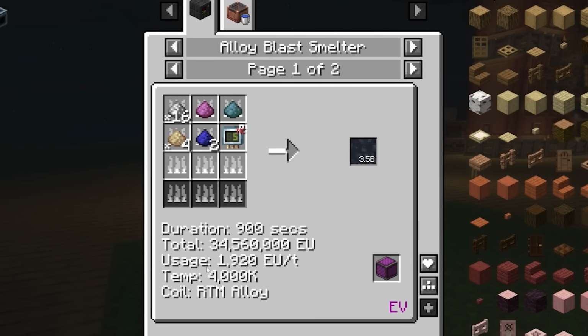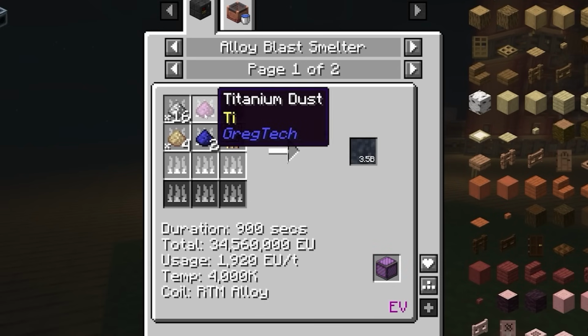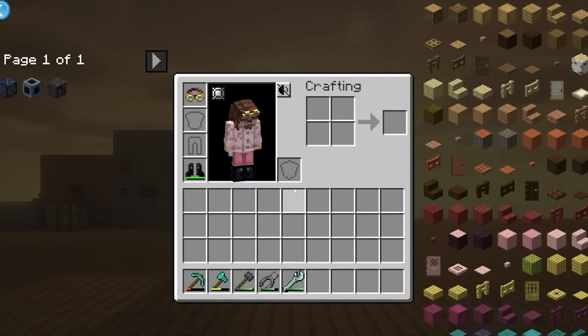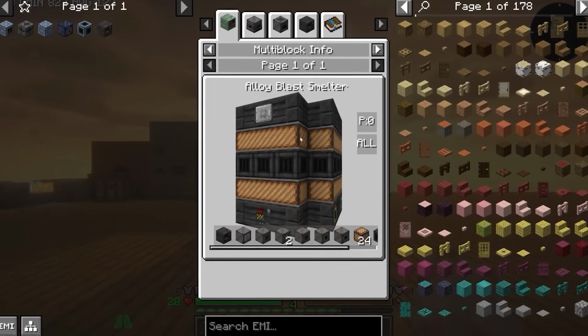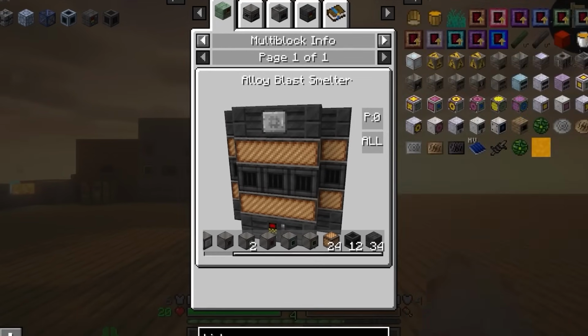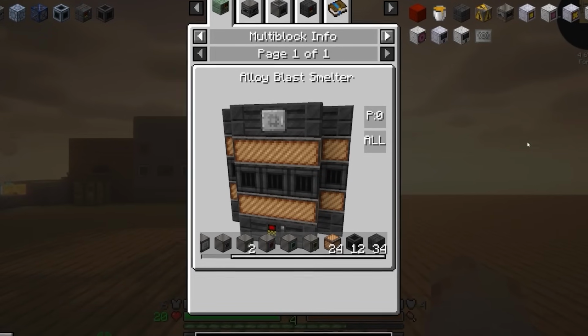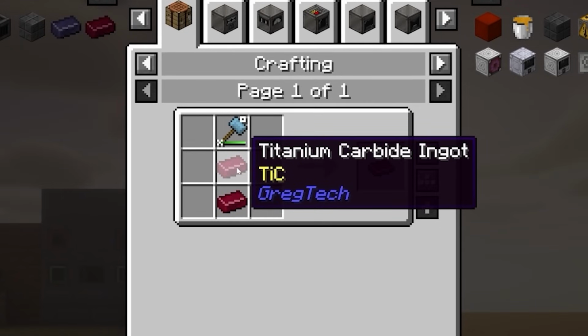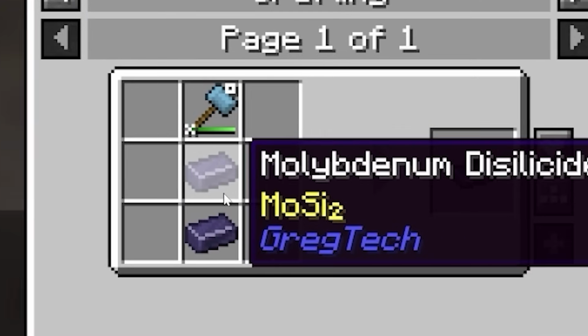In fact, the only way to make it is to create an entirely new multi-block capable of turning dusts into molten alloys. Yes, indeed, it is time for the behemoth alloy blast smelter. In order for us to make the alloy blast smelter, we need some new alloys, a handful of esoteric ingots with weird names like tantalum carbide, HSLA steel, titanium carbide, and the very difficult to pronounce molybdenum